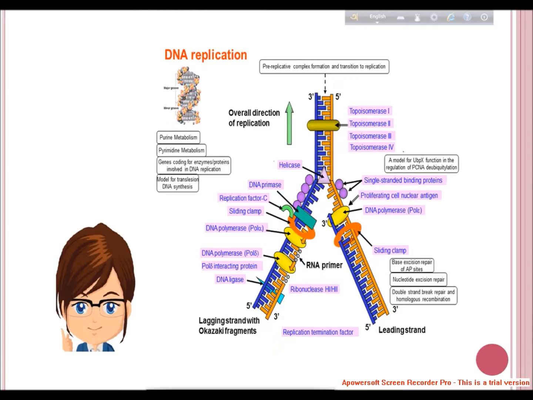And the lagging strand, this strand is manufactured more slowly than the leading strand. DNA polymerase adds nucleotides in fragments called Okazaki fragments, which are eventually spliced together by the enzyme DNA ligase. Replication of this strand takes place in the opposite direction to the movement of the replication fork. Another enzyme called primase synthesizes an RNA primer to begin the elongation process. Only one primer is needed on the leading strand. A new primer is needed for each Okazaki fragment on the lagging strand.